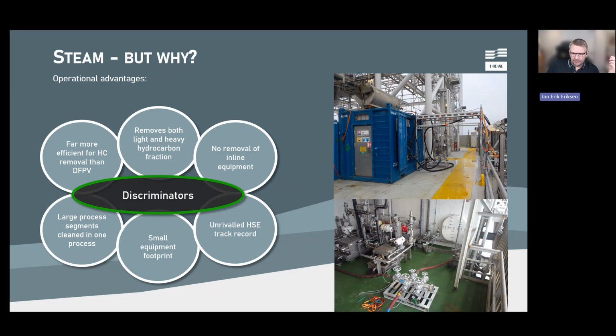When you heat something up to 100 degrees plus, of course, you will flash off lighter fractions of hydrocarbons in an enormous amount compared to what you would do with the cold nitrogen. And what also happens, of course, when you heat it up is that you lower the viscosities of the heavies. So this